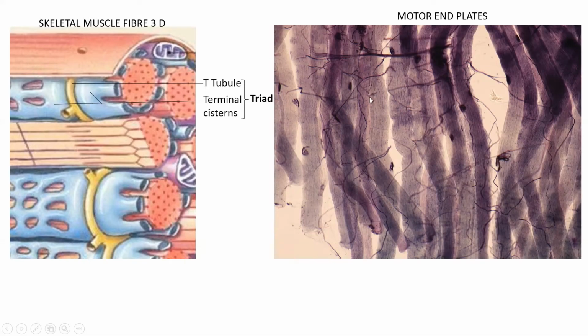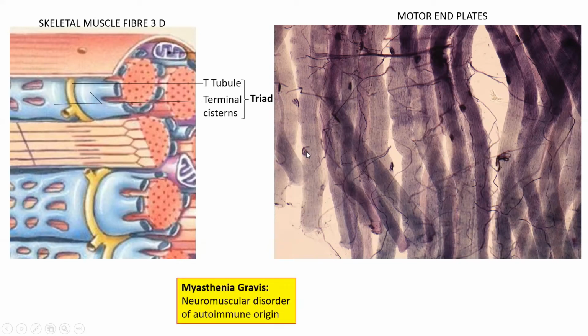This is a photomicrograph of skeletal muscle, specially stained to show the motor end plates. The motor end plates appear as dark oval areas, and they are the specialized neuromuscular junction. Acetylcholine is released at the motor end plate on stimulation of nerves. Reduction in acetylcholine receptors at the motor end plates leads to an autoimmune disease called myasthenia gravis.